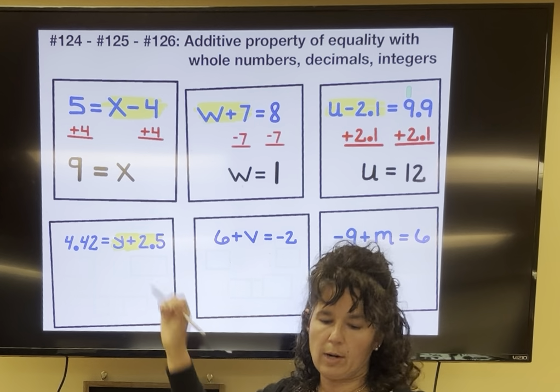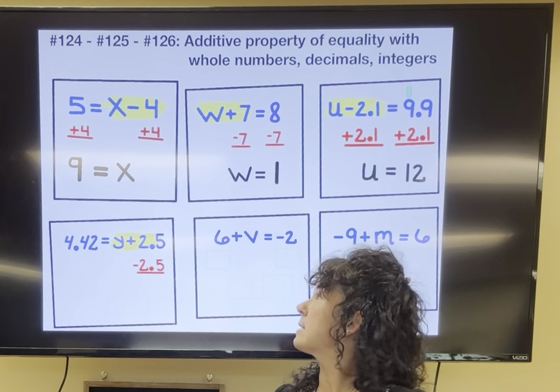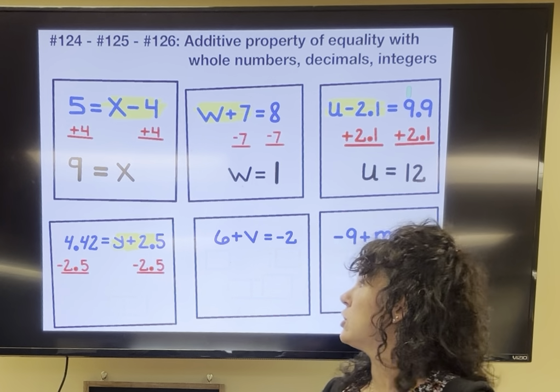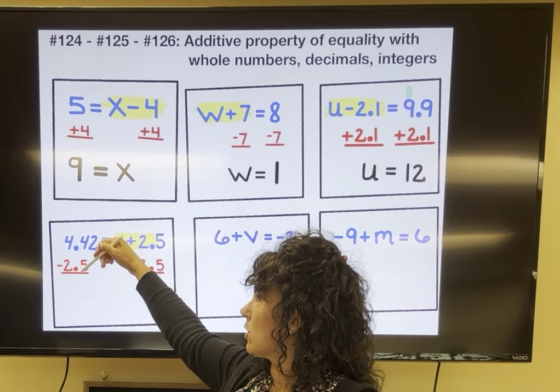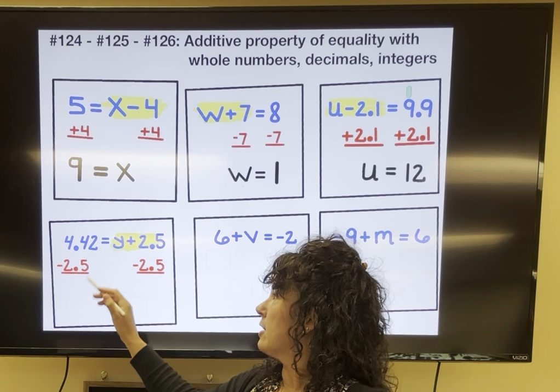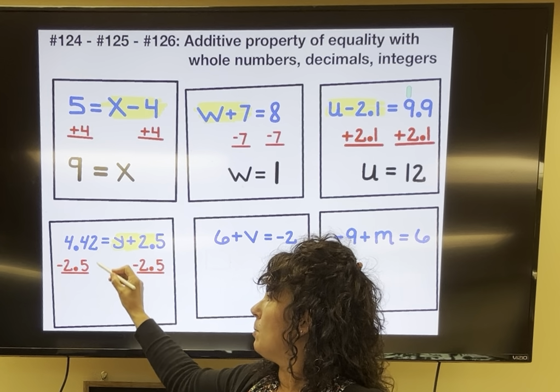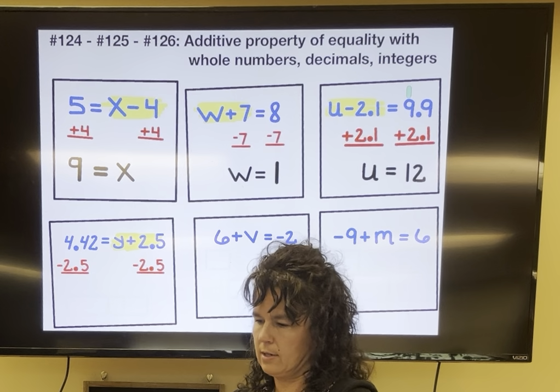All right, here, looking at the variable side, on the same side as Y is this 2.5. So to get rid of adding 2.5, I'm going to subtract 2.5. What I do to one side of the equal sign, I'm going to do to the other. My decimals are lined up, and so when I start to subtract, 2 minus 0 is